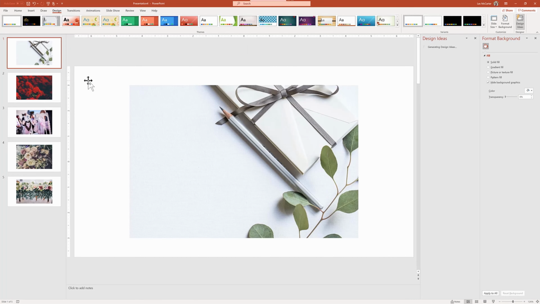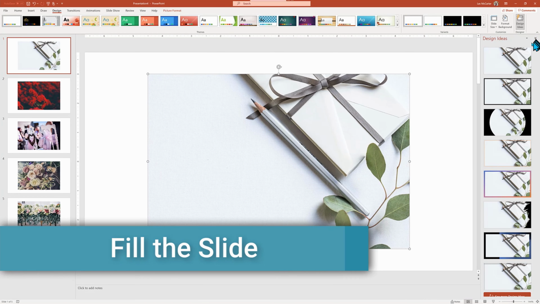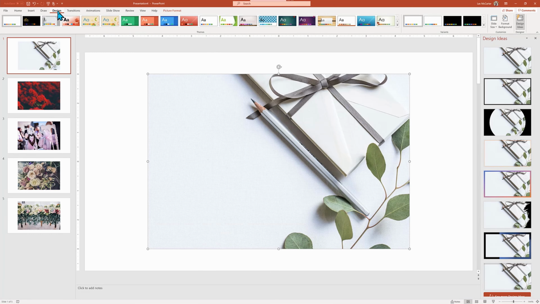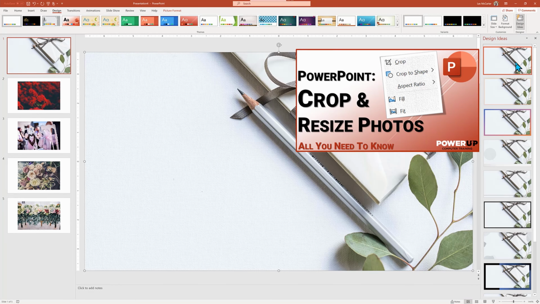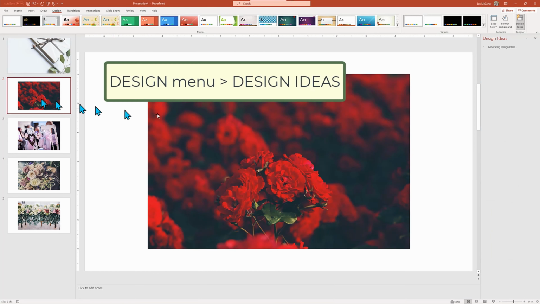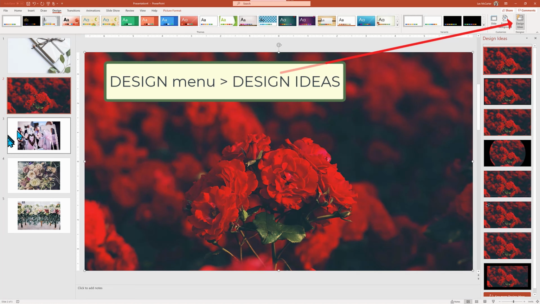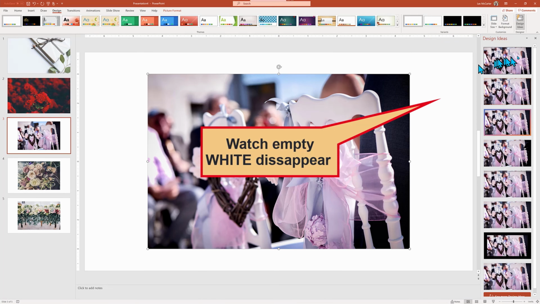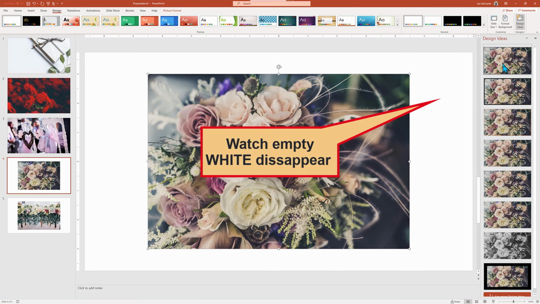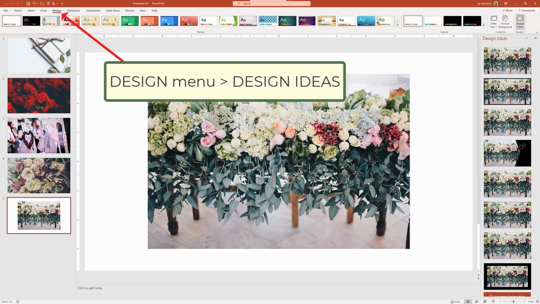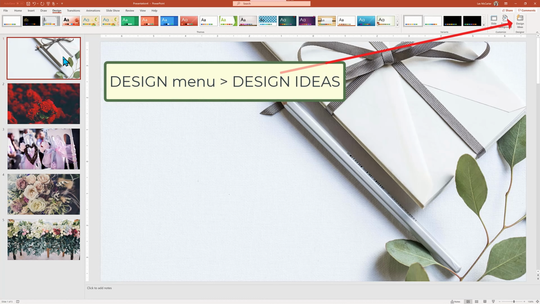To get these prospective background images ready for fixing, we need to make each picture fill the full PowerPoint slide, edge to edge. There are multiple ways to do this, including our detailed tutorial on image cropping and resizing. But if you're running the latest Office 365 or Office 2019, you can go to Design Ideas, and almost always the first choice will be to make the picture fill the slide. Click and done. I'm going to do this for each of our slides, selecting the slide, clicking the image, and then under Design Ideas, if it's not showing, we'll click on Design ribbon menu and Design Ideas and click the first image to fill up our individual slides.